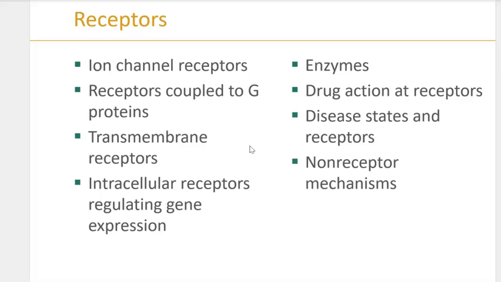Receptors coupled to G proteins mediate the level of second messengers following the extracellular interaction of the drug with the receptor. For example, beta adrenoceptors mediate the effects of epinephrine, or adrenaline, on the heart and make it beat faster and stronger.